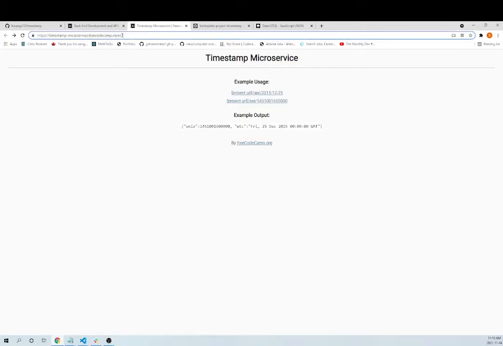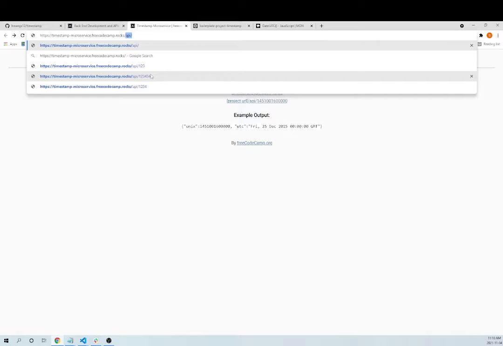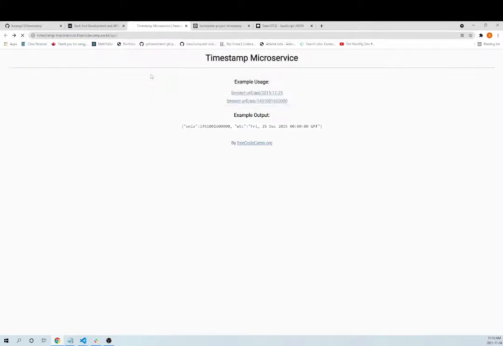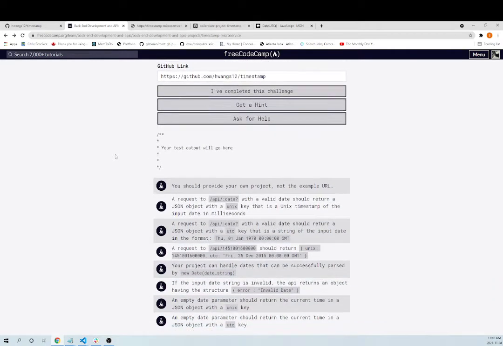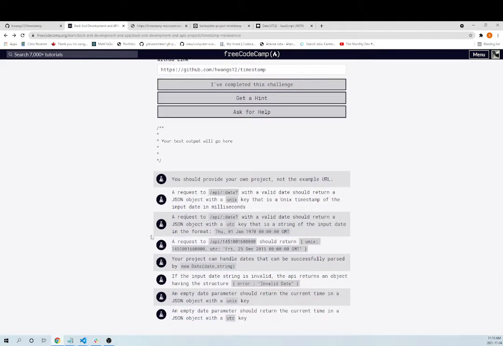Okay, so now if we go to the root and API, then it produces the current time, November 4, 2021, 3:10 GMT, and the current value of Unix. So from here you can guess that we get the current time if you don't have any date value. That's actually correct because here in the rubric,